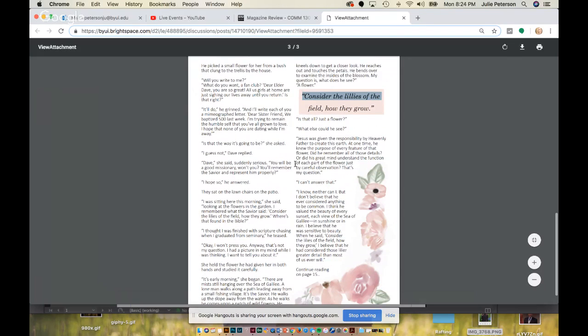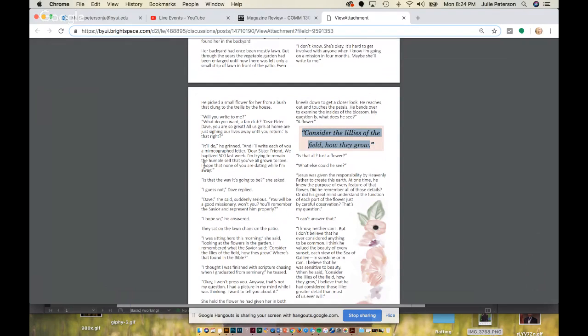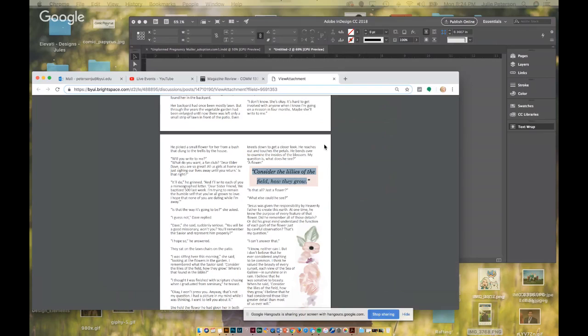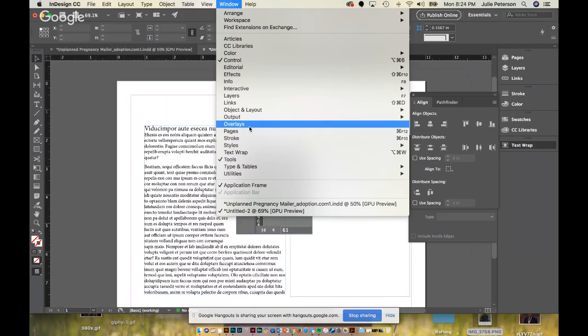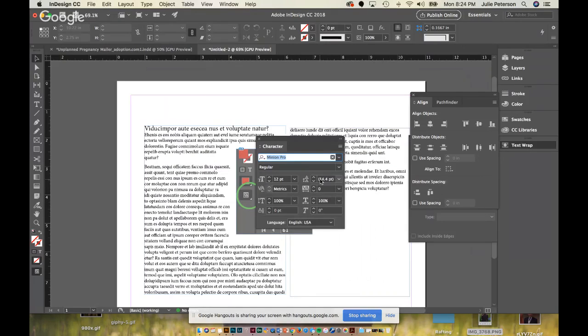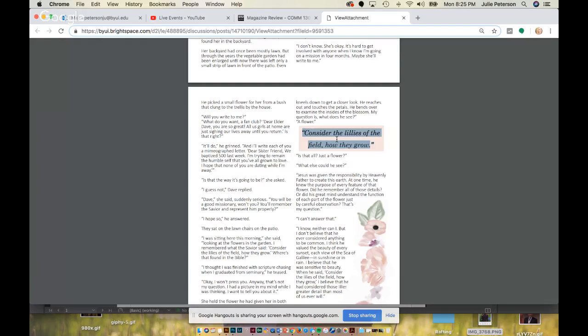And then I would decrease your leading, sorry, I lost the word all of a sudden, leading between here. So you can do that by going Window, Type, and Table, and pull up your character palette. And then right here, this is your actual leading, and you can decrease that by bumping the words down, and then by highlighting that and bumping that down, it'll bring these closer together so they're grouped better, okay?